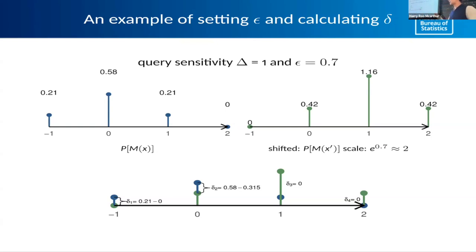When we talk about delta, basically when we overlay these two distributions, there is a bit that doesn't cover. The big picture is that you work out the bit that doesn't cover when you shift that distribution, and that is what we mean by the failure rate. So in this basic example, there is delta 1 and delta 2.